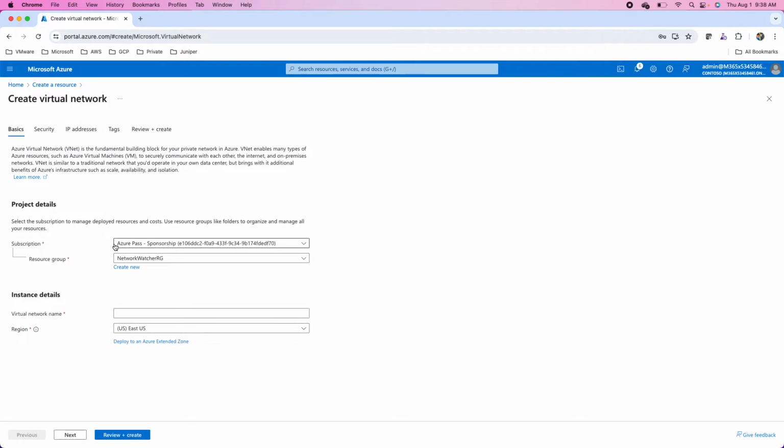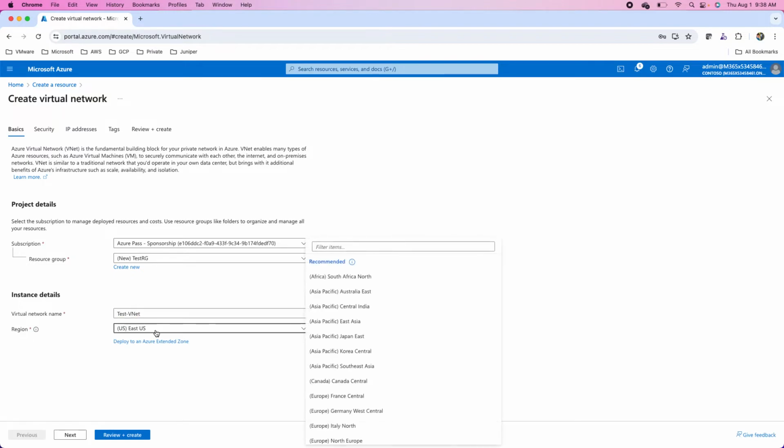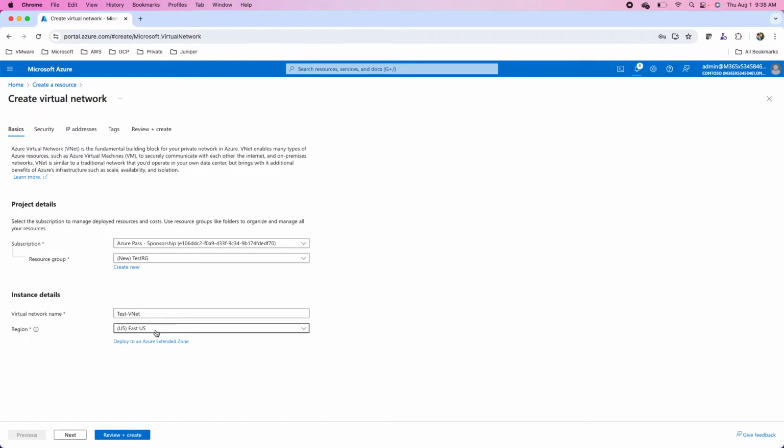Select your subscription. If you don't have a subscription, you can sign up for the Azure free trial. Create a resource group or use an existing resource group. This is for testing purposes, so I named it test RG. The name for the virtual network, test virtual network. Select the region where you want to deploy this virtual network. Next,